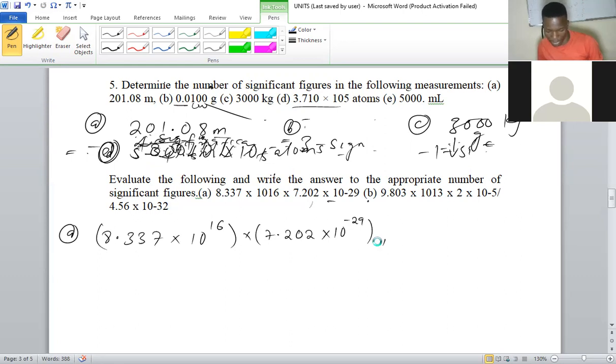If you have a number that has fewer significant figures, that is going to influence the answer. The answer that we get must have those significant figures. So the answer that we are getting here is